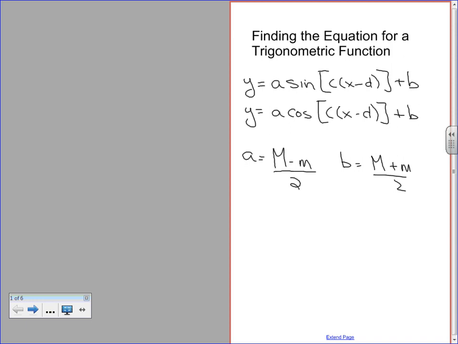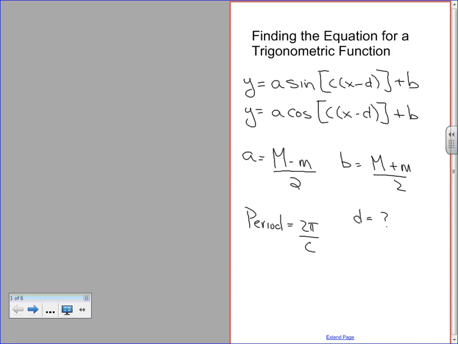Then the C value can be found using the relationship that the period is equal to 2 pi divided by the C value. So in this case, they're going to give us the period, and then we're going to rearrange the formula to solve for C. Okay? Because remember, the period is not the C value. The C value gives you the period. And then the hard one for most people is identifying the D value. The D value